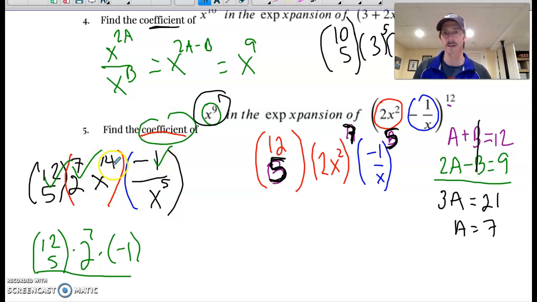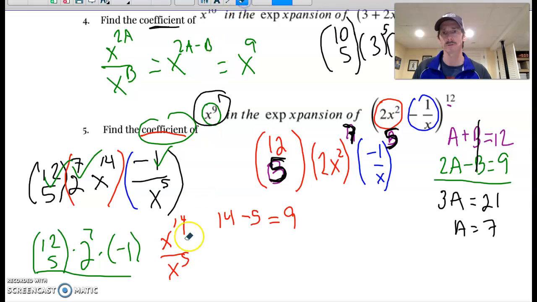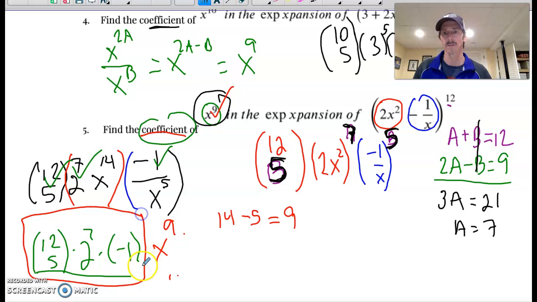But I want to make sure this actually works. So over here, I also have x to the 14th on the top and x to the 5th on the bottom. And if I were to simplify this, 14 minus 5, I can subtract my exponents, is 9. So all of this business over here does actually equal x to the 9th. So that's what I was hoping for. And so I know I've got my x to the 9th, and typing that in your calculator will get you your answer, which I guess when I did that, I have negative 101,376